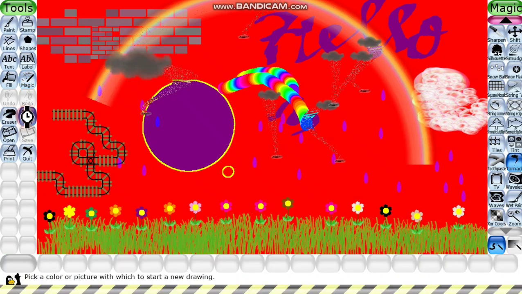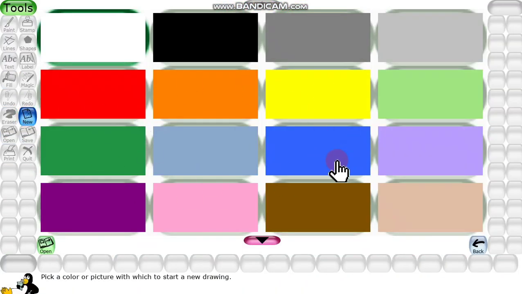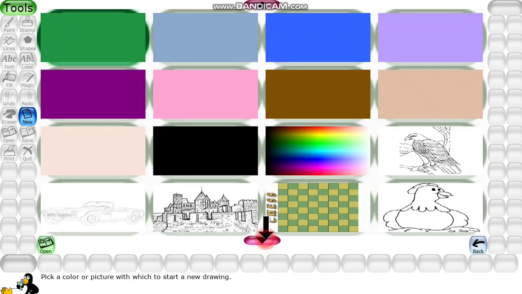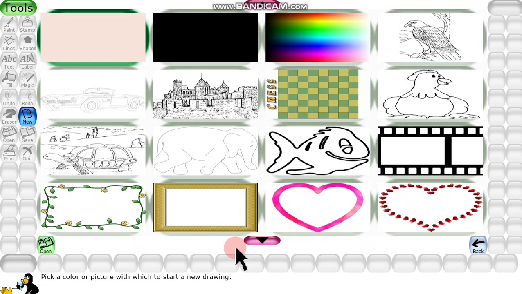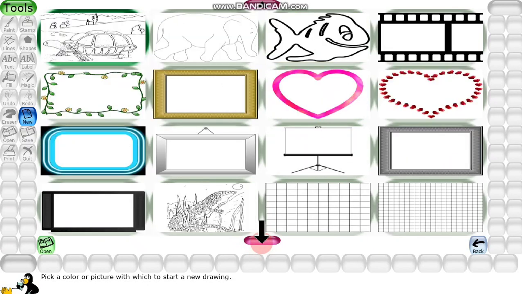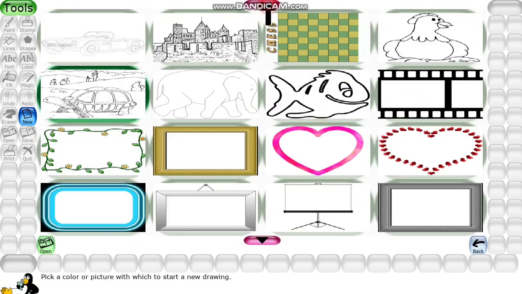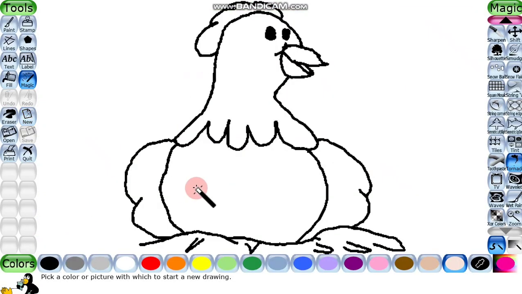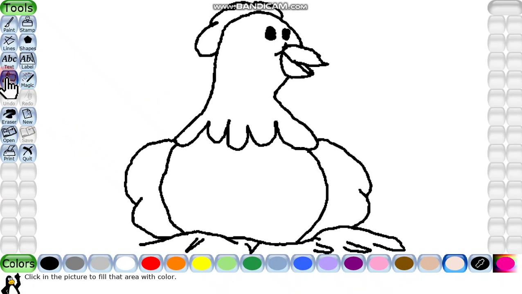Click on the new and then you will get these options. So from here we can choose the background color. कौन सा कलर का बैकग्राउंड चाहिए वो भी यहाँ से हम लोग चूज कर सकते हैं. और यहाँ पे जब नीचे आएंगे तो there are many options, है ना. तो इसको हम लोग अप्लाई कर सकते हैं. Like just we will take this chick और इसको ओपन करेंगे and we will color it. And for coloring it, which kind of tool we need: fill color. So we'll take fill color and then we will fill it.